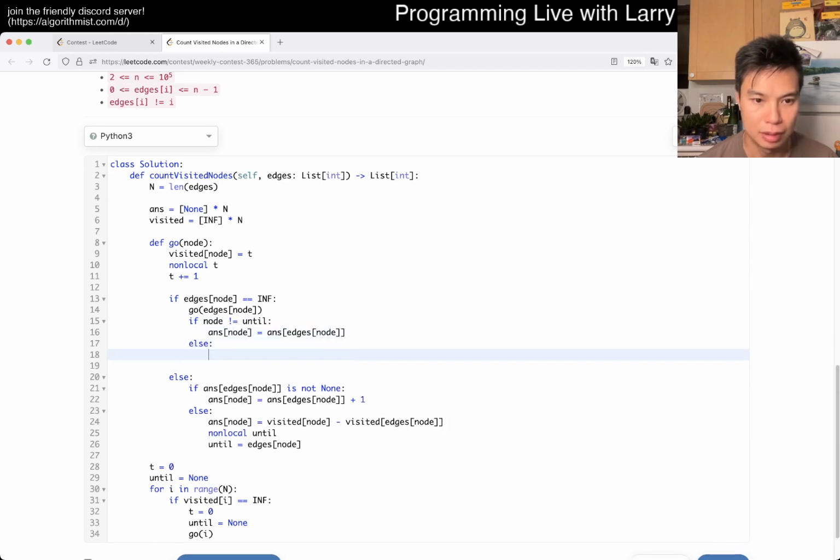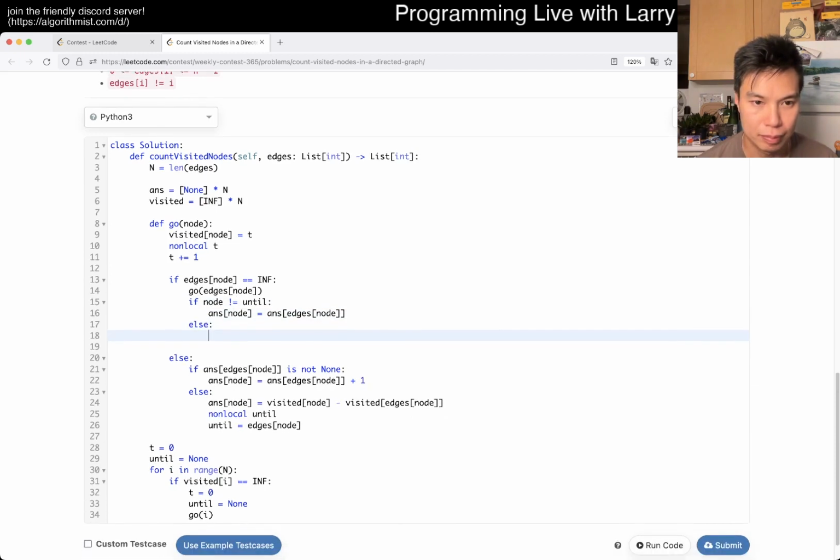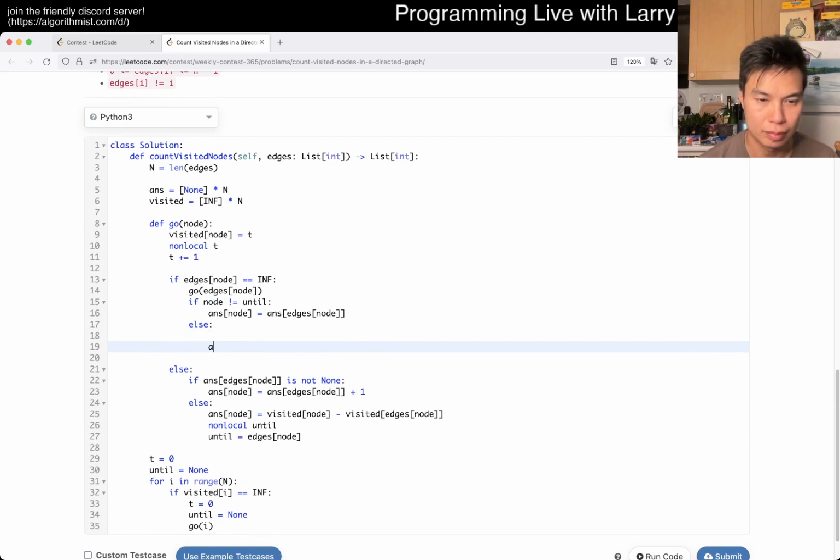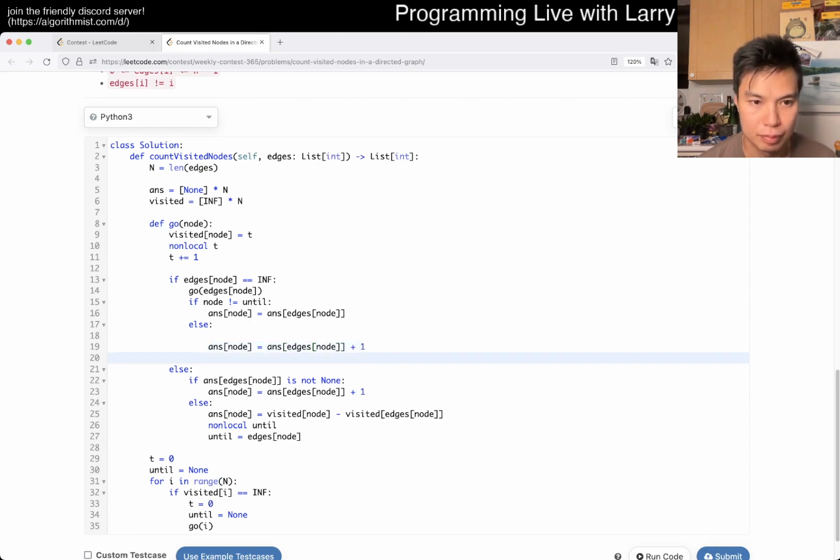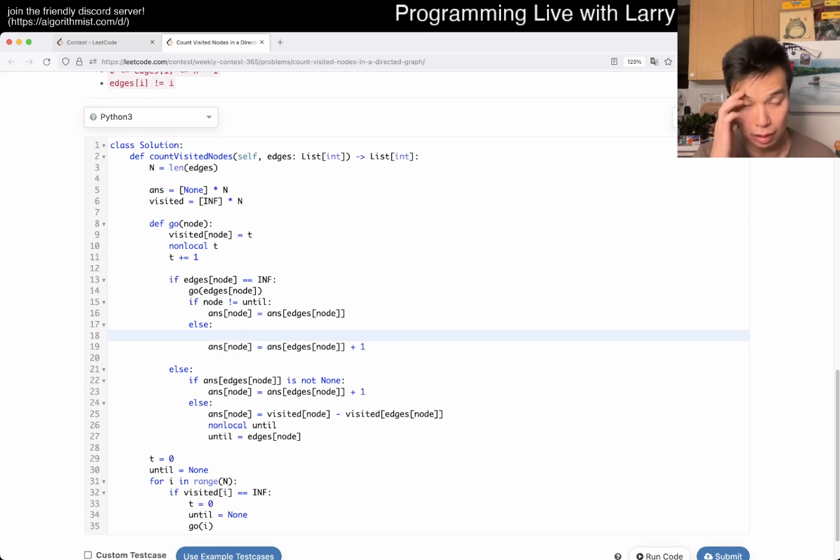Else, if this is the until, then we plus 1, because we've already done it, and then